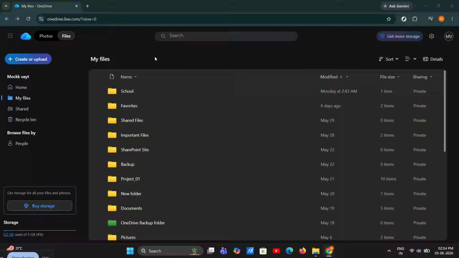If you want to cancel a digital legacy invitation on OneDrive before the trusted contact accepts it, this quick guide will show you exactly how to do it safely and easily. This is useful if you sent the invitation by mistake, changed your mind, or simply want to remove access before